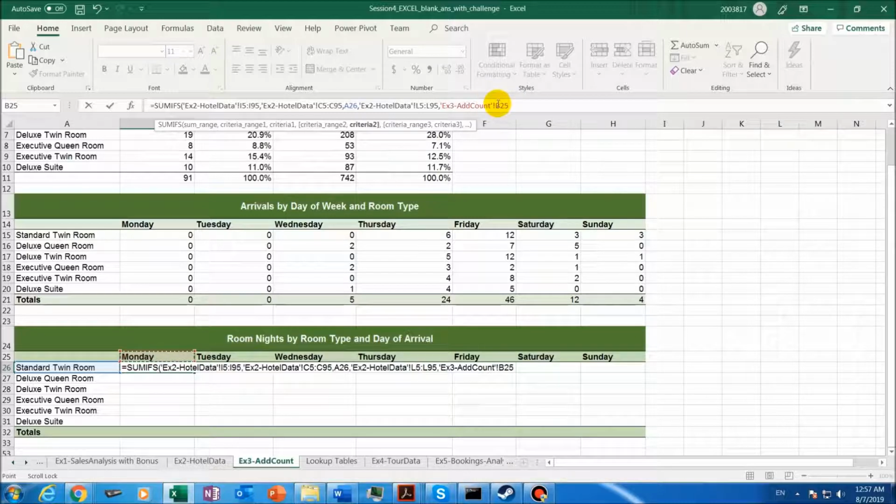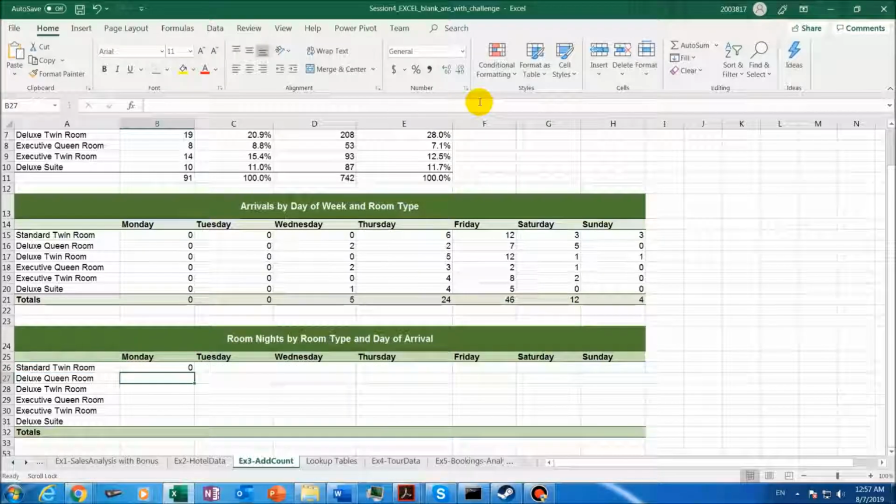So it should be equal to whatever is in B25, and I don't need to refer to exercise 3 add count because I'm on that sheet already. So this is my SUMIFS function and I press enter, and you'll see that